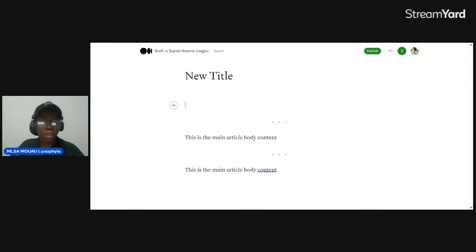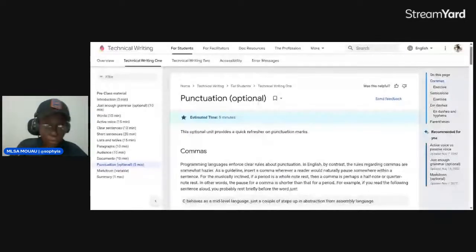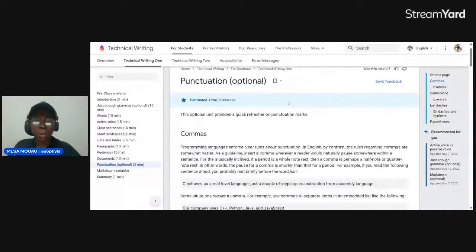All right. Since there are no questions, let's get into the agenda for the day. First of all, we are going to talk about punctuation. What is punctuation? Punctuations are things like comma, semicolon, dash, parentheses.